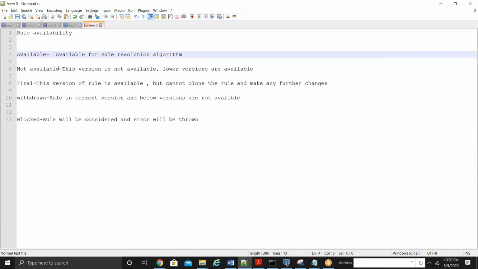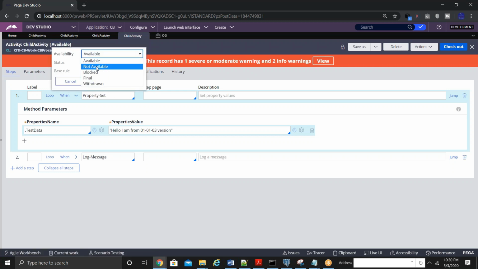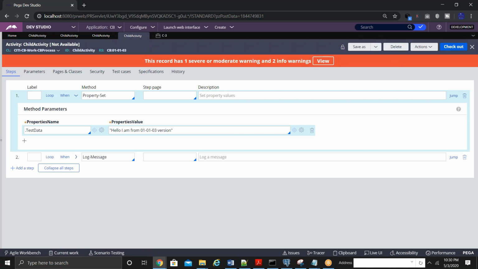Now, not available. Not available means the current or highest version is not available, but the rule resolution can go ahead and pick the lower versions and process them. If this is the highest version and I set this as not available, save your changes.